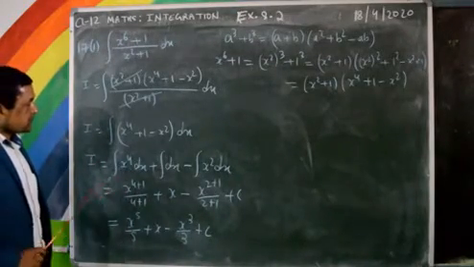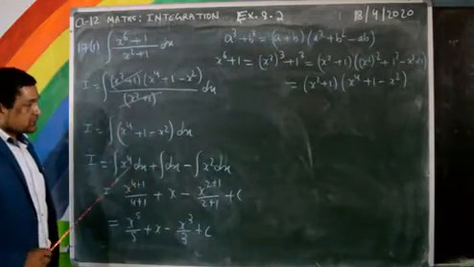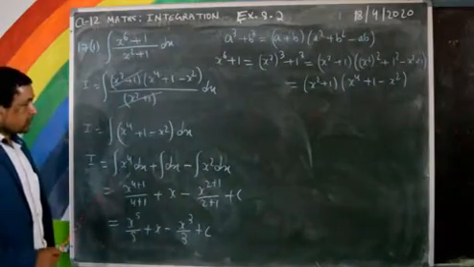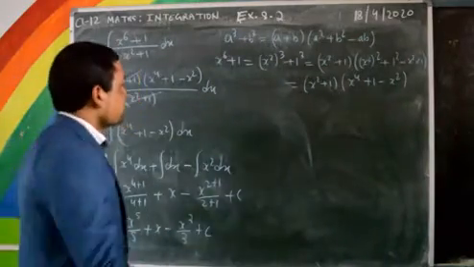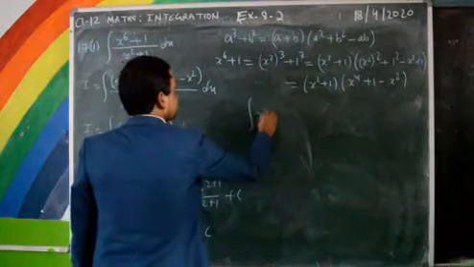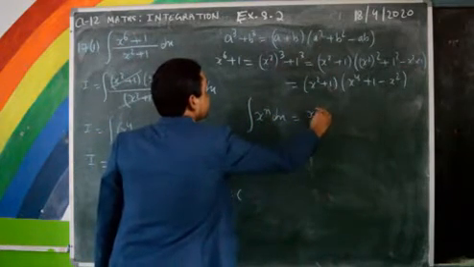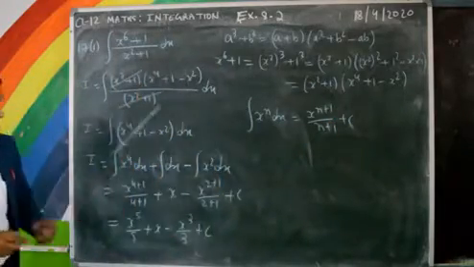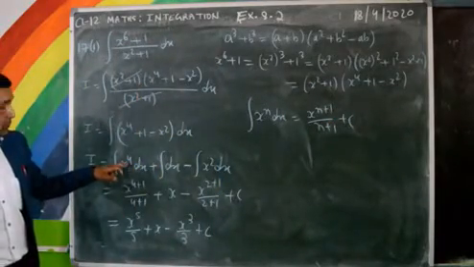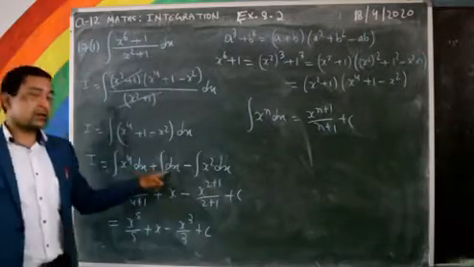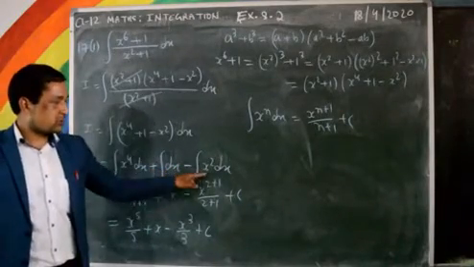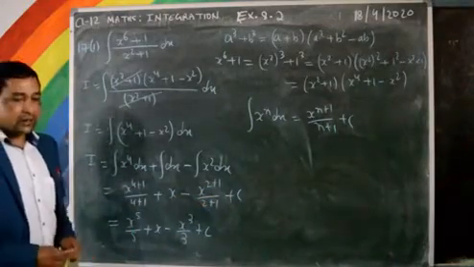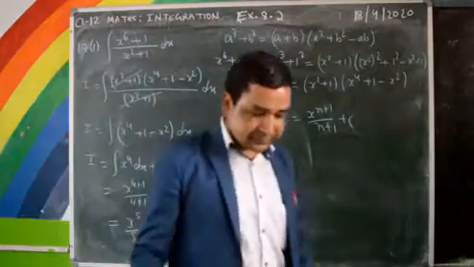Now separate the integration for each term. After separating, just do the integration by using the integration formula. According to the integration power formula, integration of x to the power n dx equals whatever power plus 1 divided by the same power plus 1, plus c. We are using the same formula here. In place of n we have 4, so 4 plus 1 divided by 4 plus 1. Integration of dx is x. Integration of x power 2 is 2 plus 1, and finally write c and simplify. You got the answer. Okay, now let me choose the next question.